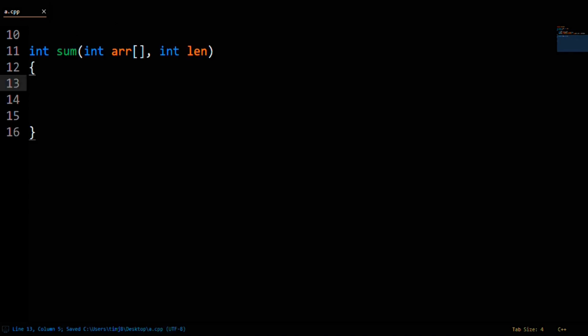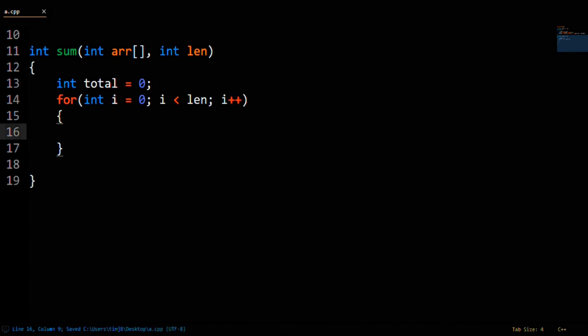The first line will be nearly identical. We want to return the sum, but have already used the name sum, so we will define a total variable that starts at 0. Next, we loop through the array where we start at the 0th index, increment by 1, and stop once we get to the index that is the length of the array. On every iteration of the loop, we add the array's current value to the total. At the end of this sum function, you return total.